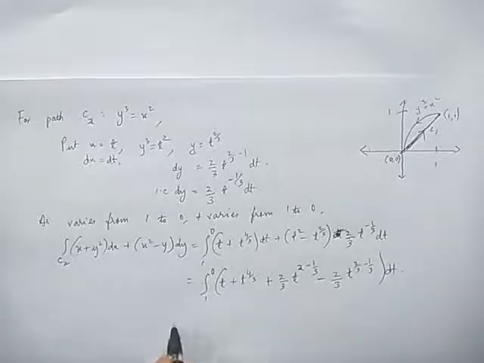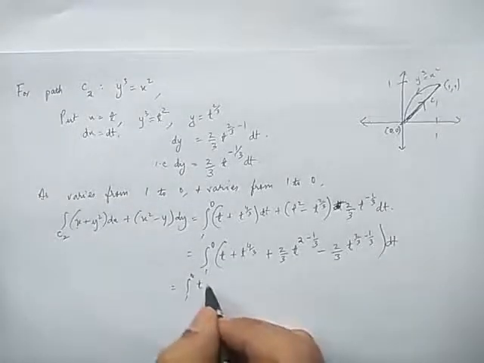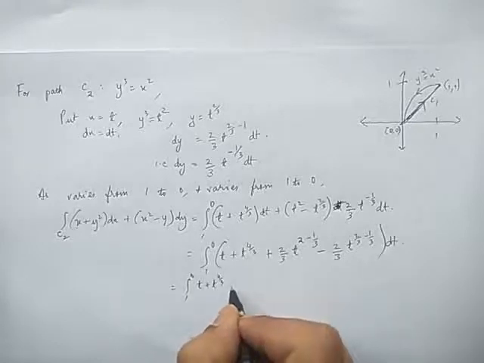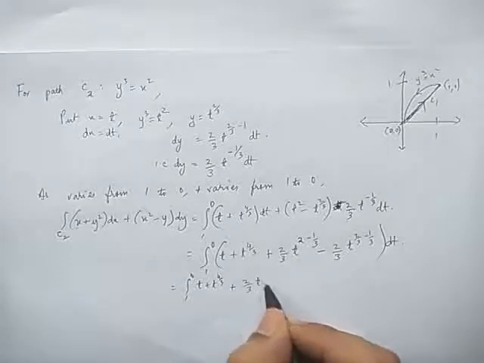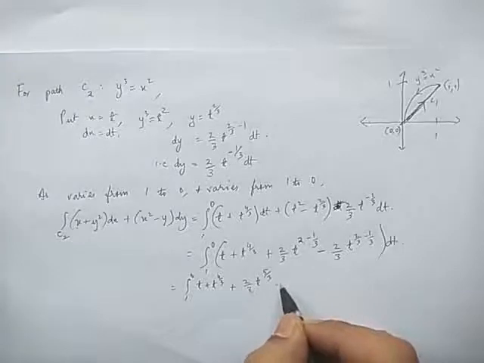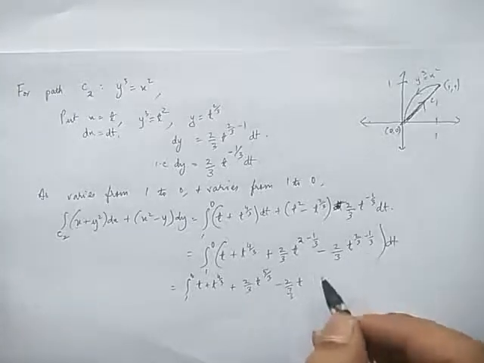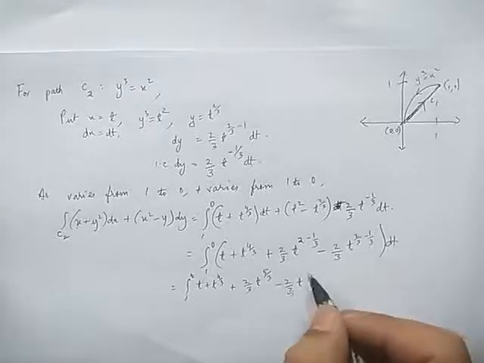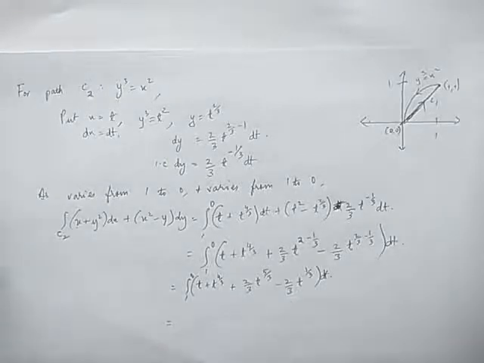So this is t plus t to the power 4 by 3 plus 2 by 3 t to the power 5 by 3, minus 2 by 3 t to the power 1 by 3 dt. So this will be equal to